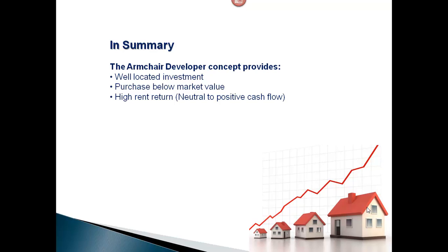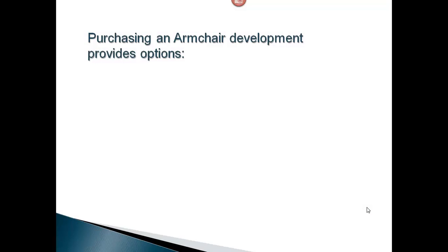Because you're paying much less for it, it means that your rent return as a factor of your investment is much, much higher. So therefore it improves or makes your cash flow situation very positive. And because you're looking at something that you've purchased under value and with a higher rent return, it means that you can accelerate your portfolio growth. So you're not having to wait for the value of the property to go well beyond what your current loan commitments are. So from all of those angles, an investment opportunity like this is very well worth your consideration,